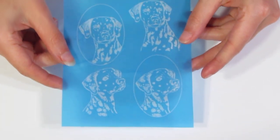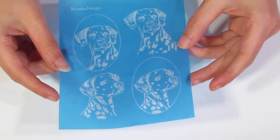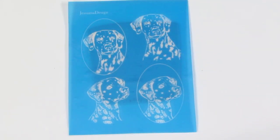Hi guys, Samantha from Jessama Tutorials here, and today I'm going to show you how to create a cute Dalmatian pendant. Now you're going to need one of my latest silk screens, which are a collection of pet portraits, each